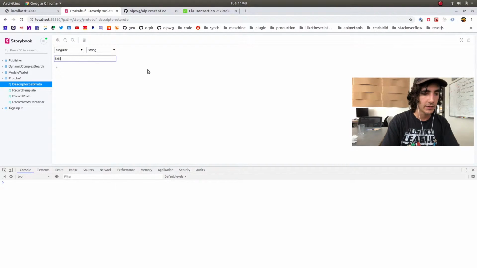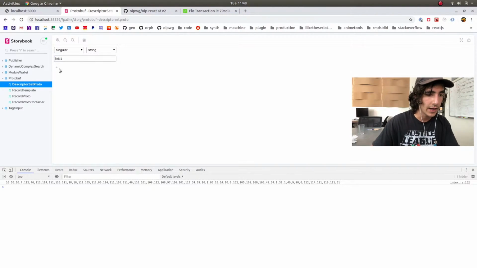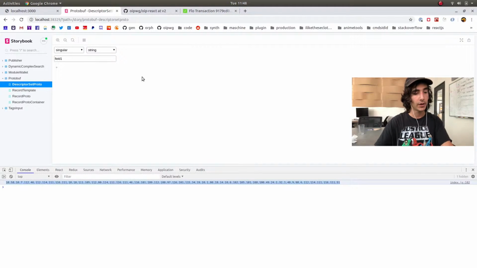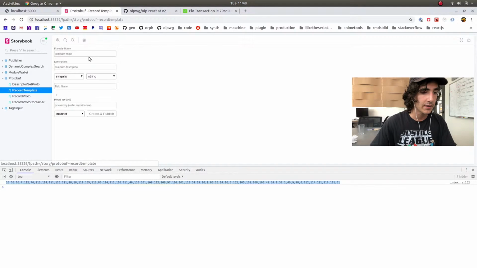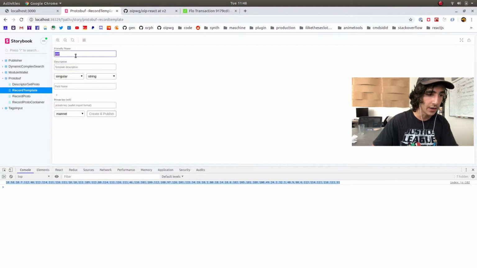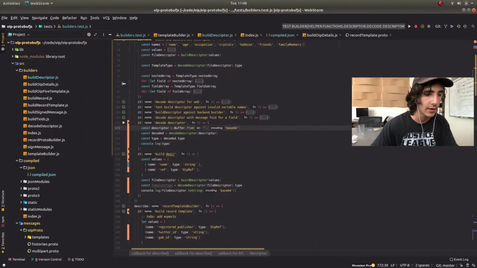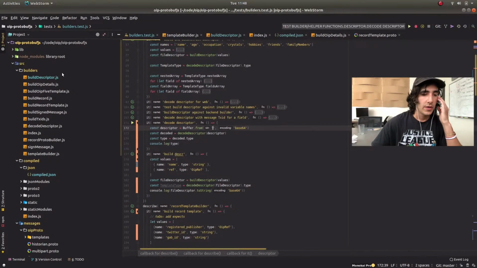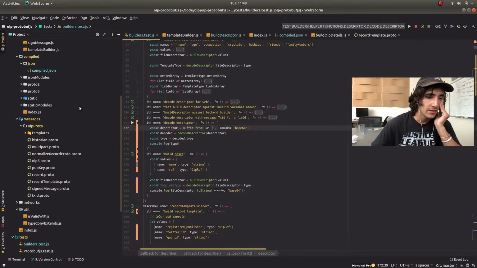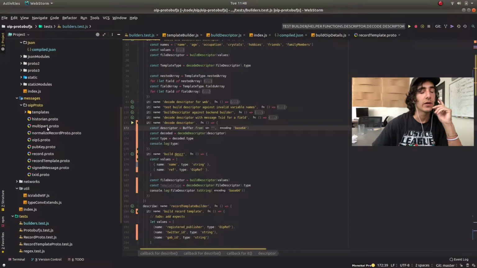So let's do that. Remember, so I said field 1 and I add it. Okay, and you might have been like earlier, well, what the hell is this? Well, this is the file descriptor proto generated from this. So this is what would get combined with the name and description to create what is known as a valid record template. And how do we know what a valid record template is? Well, OIP Protobuf.js. Okay. So this library is probably going to be confusing to most,